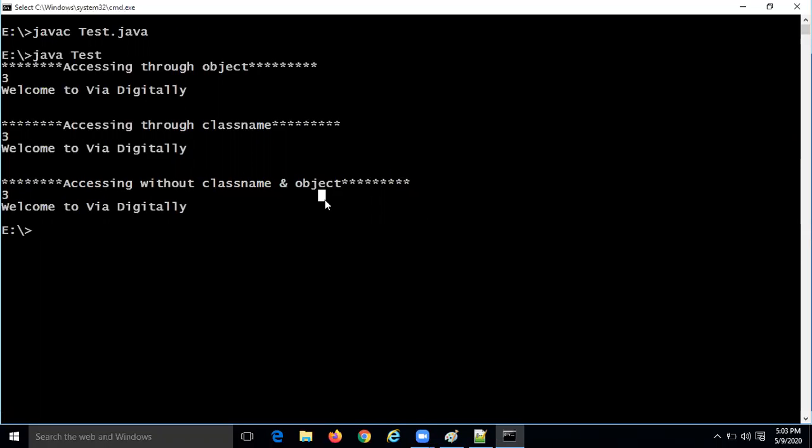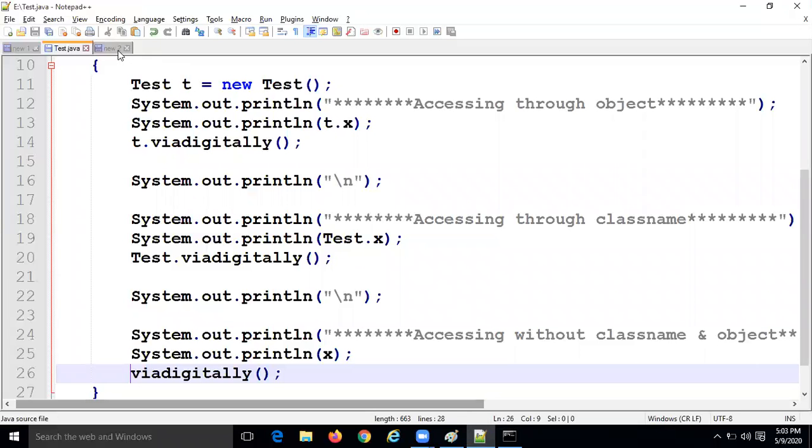That is the power of static, guys. I hope we discussed instance and static.